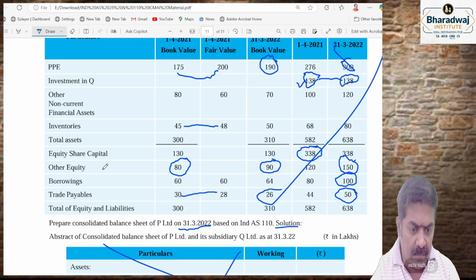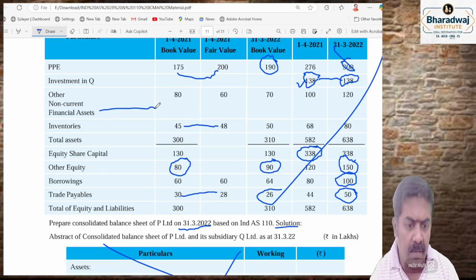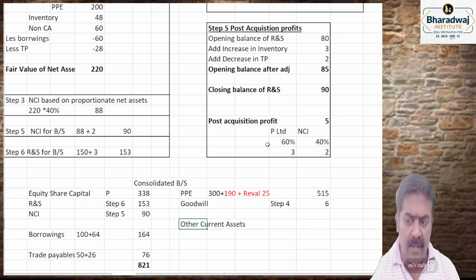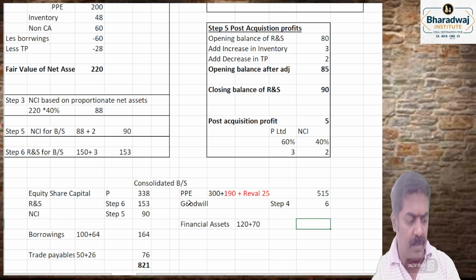Financial assets irka. Financial assets 120 plus 70. How much? 190. Then